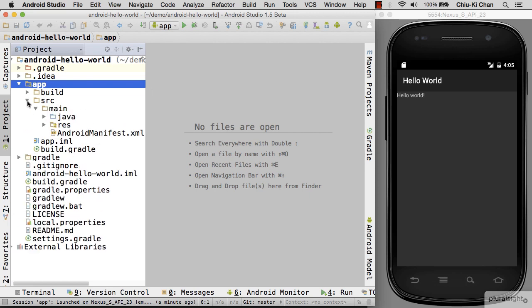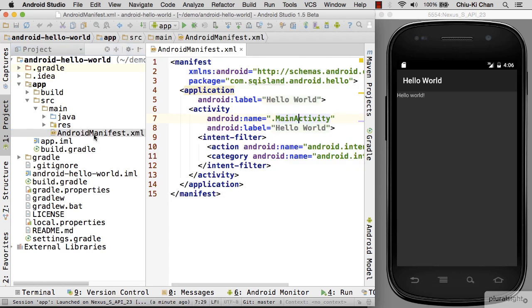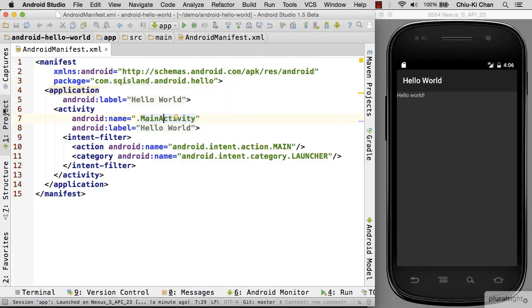If you dive into the source folder, you can see that there is a file called AndroidManifest.xml. This defines the overall structure of your Android app. Take a look at the application tag. Inside it has an attribute called android:label. At this moment, you can see that it says Hello World. But if you click on it, you can see that the actual value of android:label is